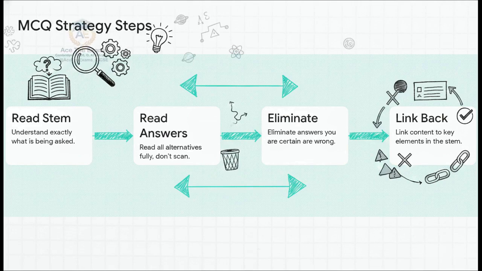First, read the stem completely so you know exactly what the trap is. Second, read every single alternative answer. Seriously, don't just scan for familiar keywords. Examiners love using the right words in the entirely wrong context. Third, ruthlessly eliminate the answers you know for sure are wrong to narrow your odds. And fourth, mentally or even physically on the paper, link your chosen answer back to the core elements of the